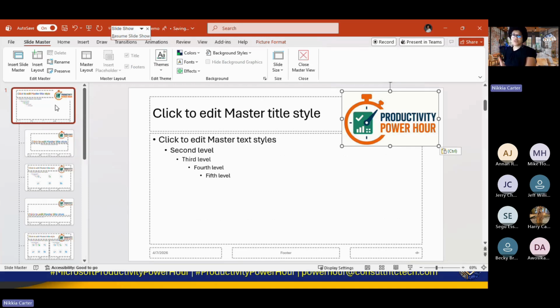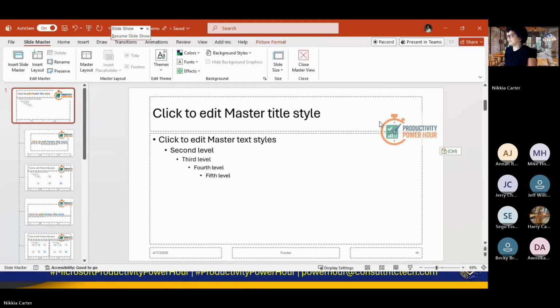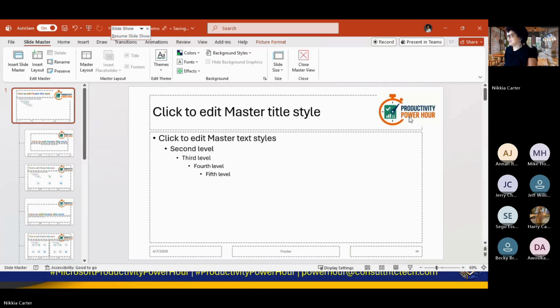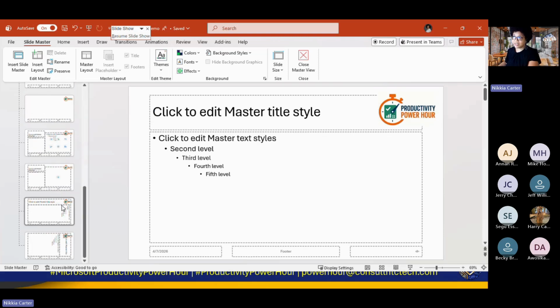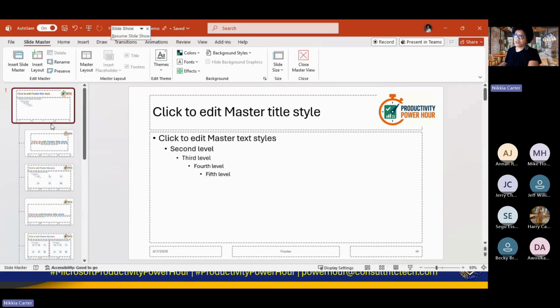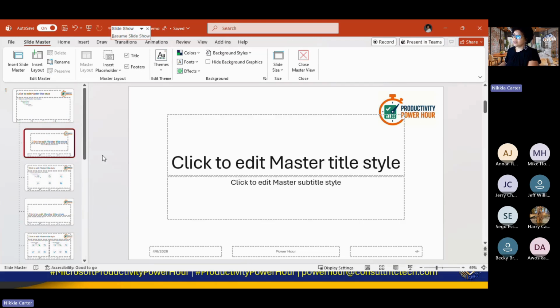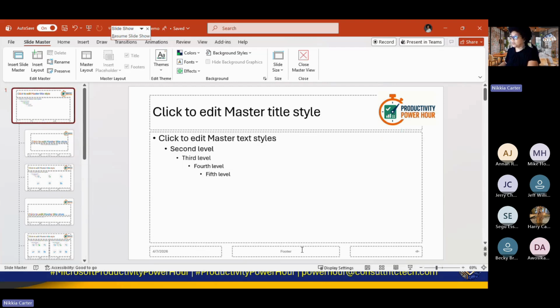That's what happened. I was on the wrong slide. I was on the wrong layout slide. So see how I was saying, if you're on this slide, it controls all the rest of the slides. So when I put the logo there, it actually put the logo on all the rest of these slide formats, as opposed to when I put the logo by mistake just on this one, then it just put it on just that one. So that's why I always use this one for the most part,